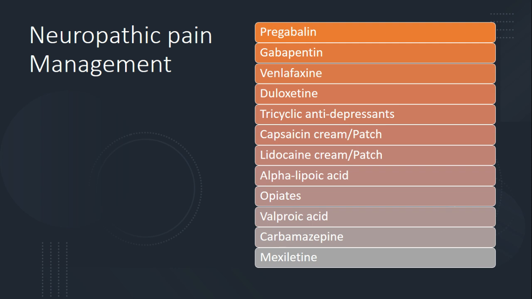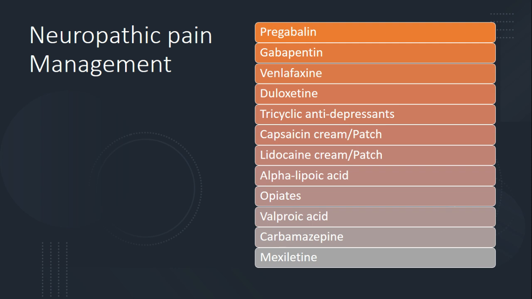There is a recent update in terms of using capsaicin patch. Lidocaine patch can be used as well. I rarely use those. Carbamazepine is another medicine which I rarely use, but that could be helpful. I have never used benzoyl, but again, sometimes using a combination is much more helpful.